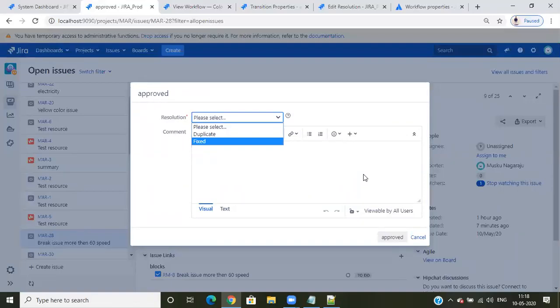I was thinking: we can add a summary, resolutions, labels, assignee, reporter, anything. But she told me this is a system field, and in a system field we can't edit or restrict it. I thought about it a lot, then said I don't know, I think we can edit all fields. Then she said no, we can't restrict the resolution field values.